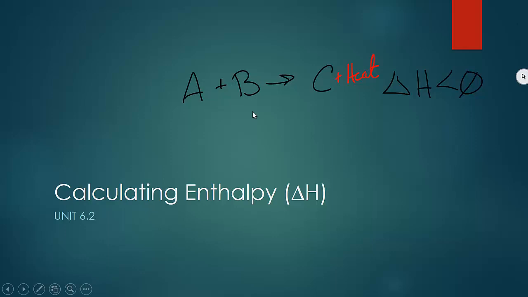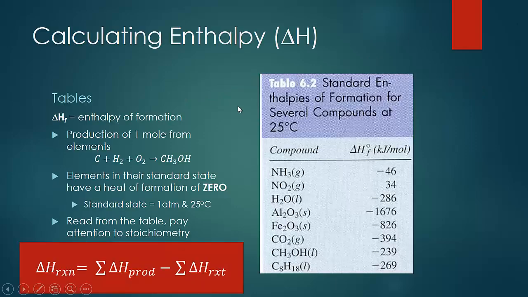However, there are multiple ways to calculate the enthalpy of a reaction besides just carrying it out and calculating the temperature change, as long as pressure is constant. We can actually calculate enthalpy a number of different ways. So for every reactant and product, there is a standard enthalpy of formation. The change in enthalpy sub F shows the amount of energy necessary to form 1 mole of a particular substance